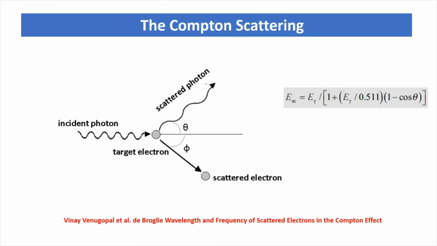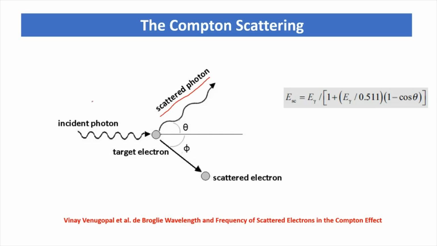So next is about Compton scattering, in which a photon basically collides with an electron, and after collision the photon moves at an angle theta, and the scattered electron moves at an angle phi from the incident photon. And also the scattered electron has a defined kinetic energy, because some of the energy of the photon is being transferred to the electron, and the scattered photon has lower energy than the incident photon.